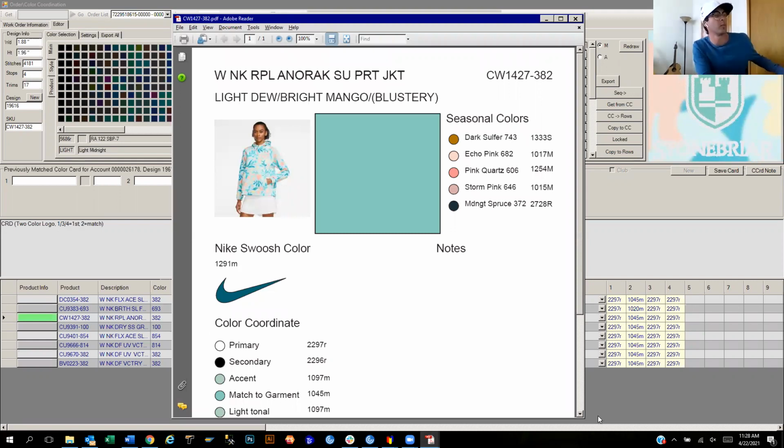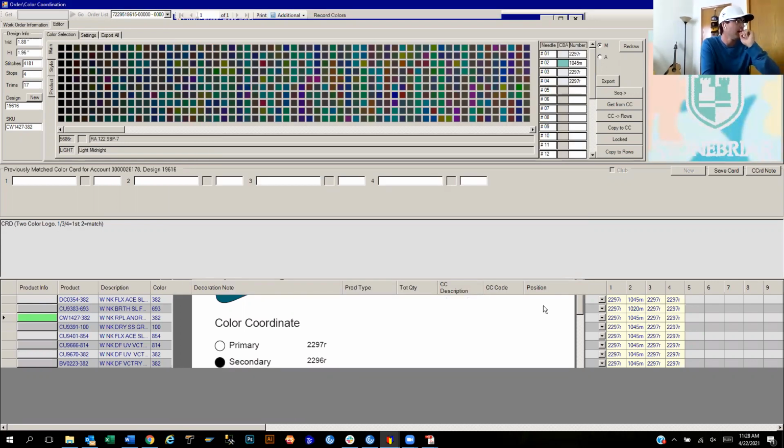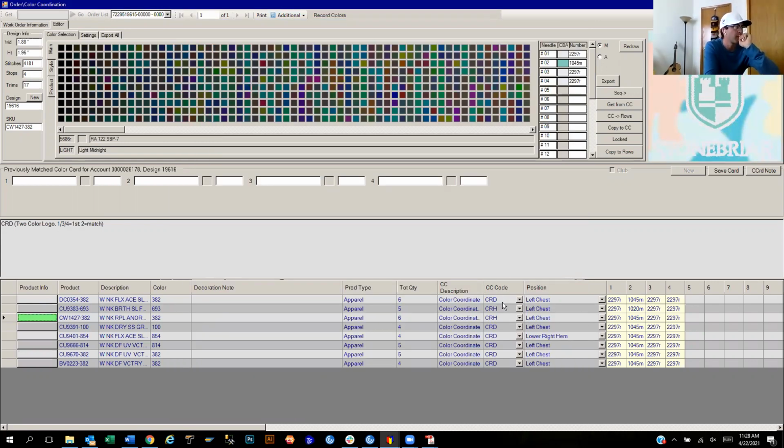So this is a particularly interesting style that I'll just call out really quickly. As you can see, the color code that's been requested for most of these styles is CRD, meaning color coordinate. But for these two styles, the 693 and 382, it's CRH. And as I pull down the screen here, you can see all the different